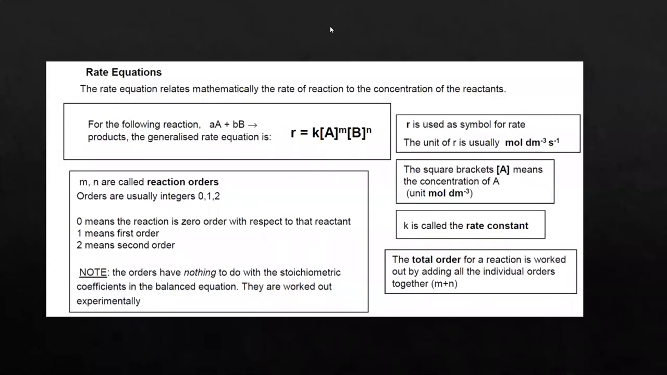So if you want to find the unit for the rate constant, it varies from question to question. The unit of k is not fixed. It depends on which equation is given to you. Example,